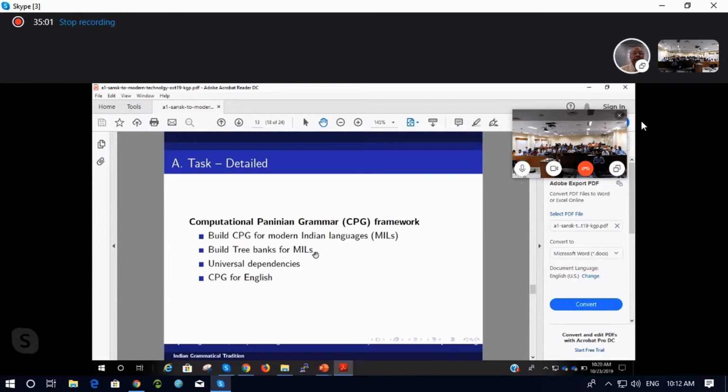So these tree banks, first of all, give you practice. They give us practice in applying our theory to actual language usage. And the other part is that